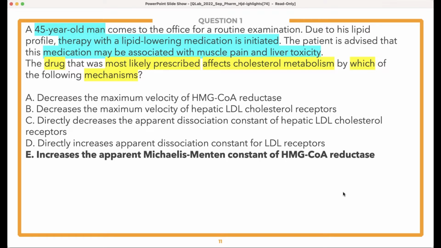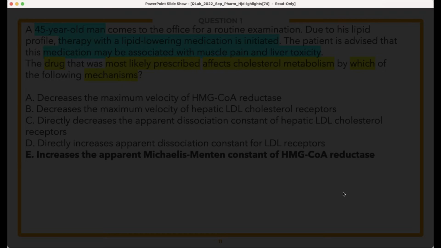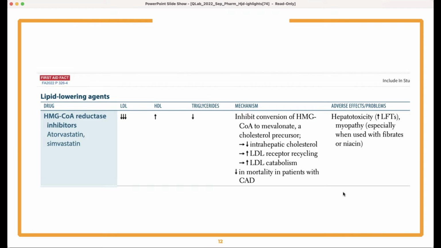Okay, let's take a look at the next slide, at our statins as lipid-lowering agents. You can see there that HMG-CoA reductase inhibitors is the formal name for what statins are. You can see on the far right those adverse effects, hepatotoxicity and myopathy. You can also see there under mechanism